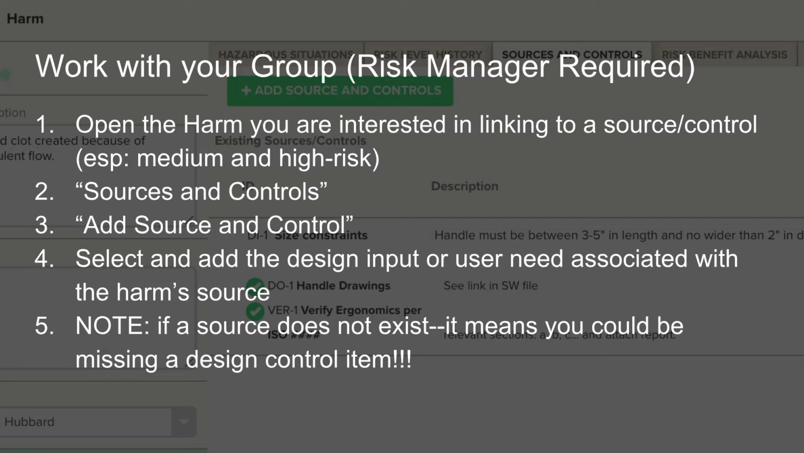You're going to open the harm that you're interested in linking to the source or control. You're going to click on sources and controls, then click add source and control. After that, you're going to select and add the design input or the user need that's associated with the harm's source. If there's a source that doesn't exist, it means that you might be missing a